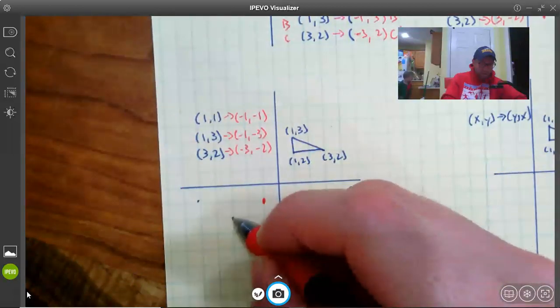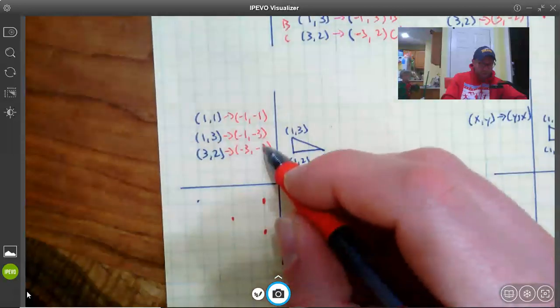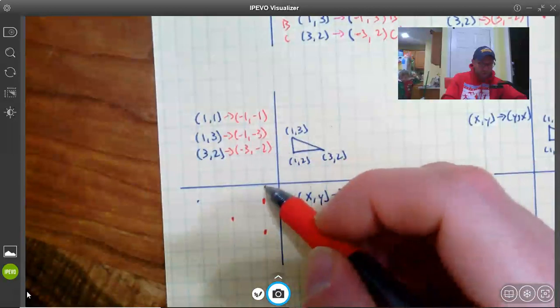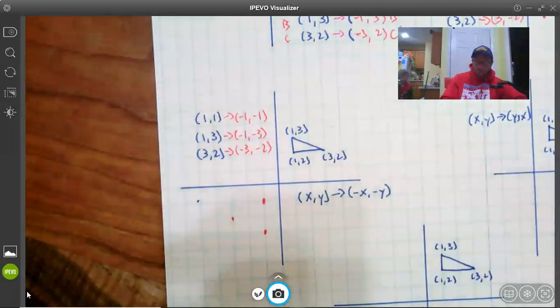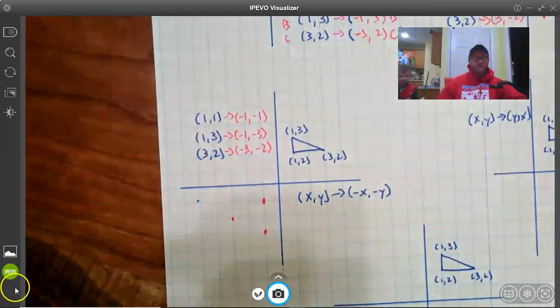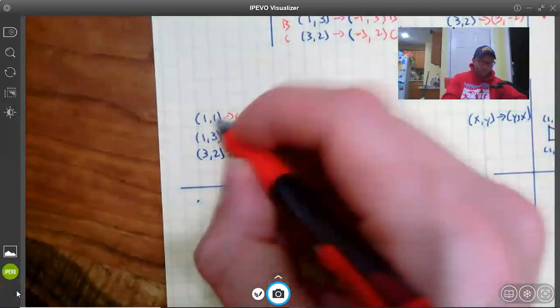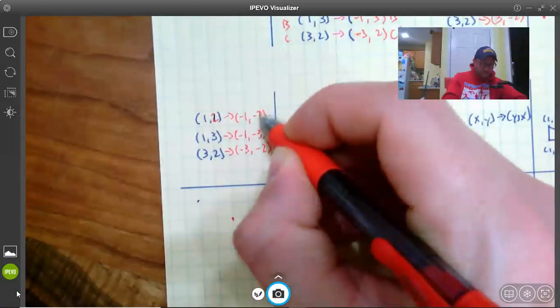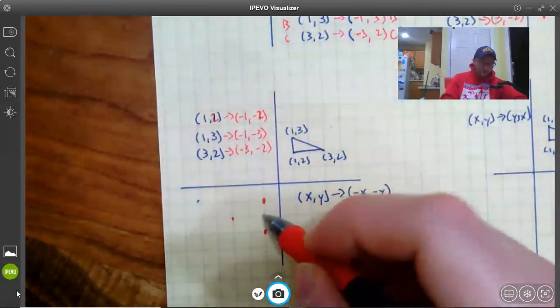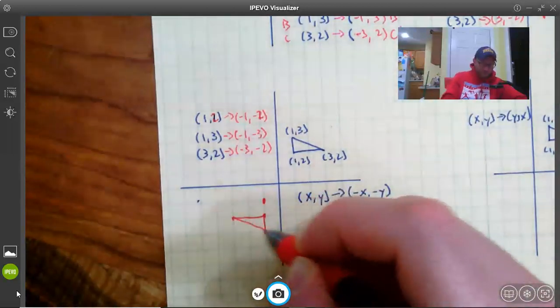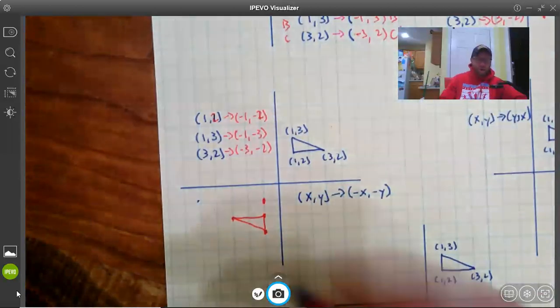Wait a minute, something's wrong. Oh, because I plotted this point. Hold on a second. I did something wrong here. There we go. That's not the point (1, 1), it's (1, 2), which makes this (-1, -2), which puts that point right here. Right? So what you'll see here is that we end up with a